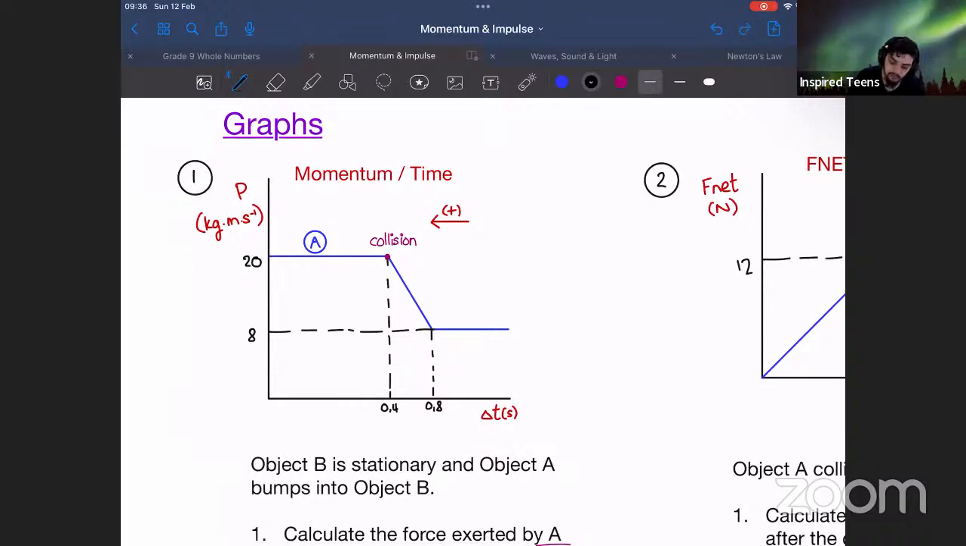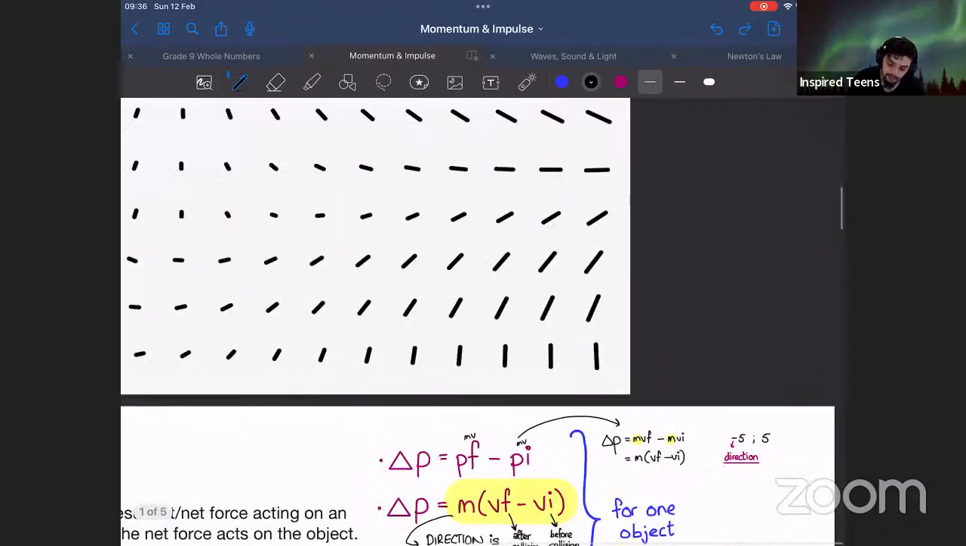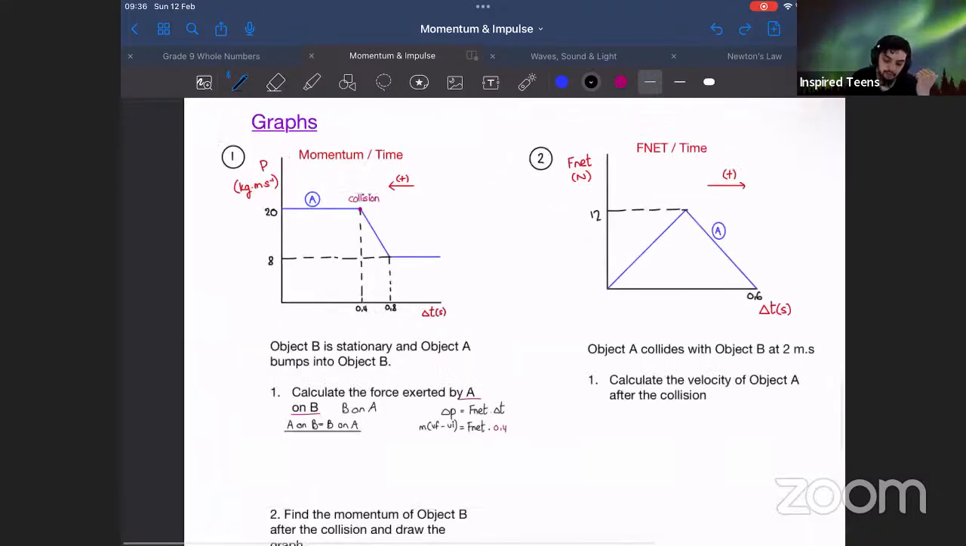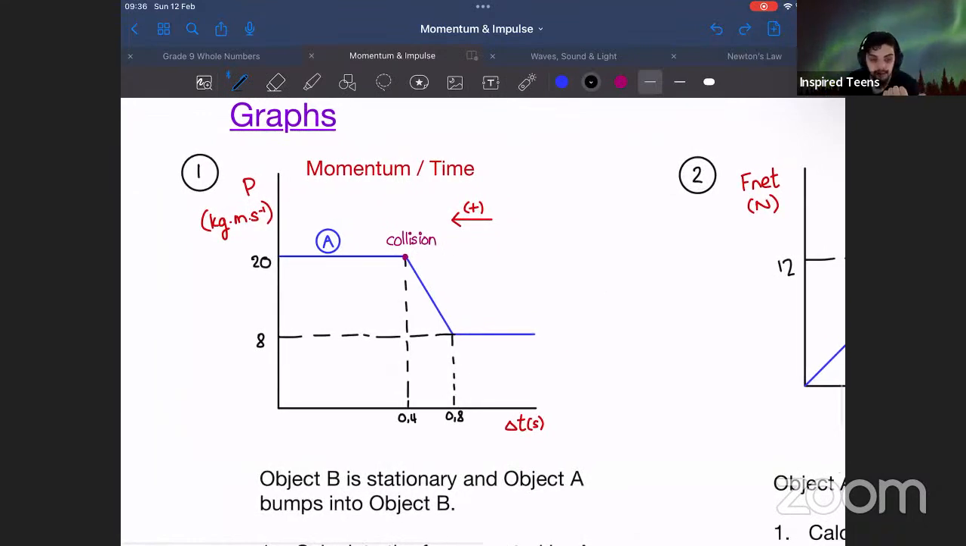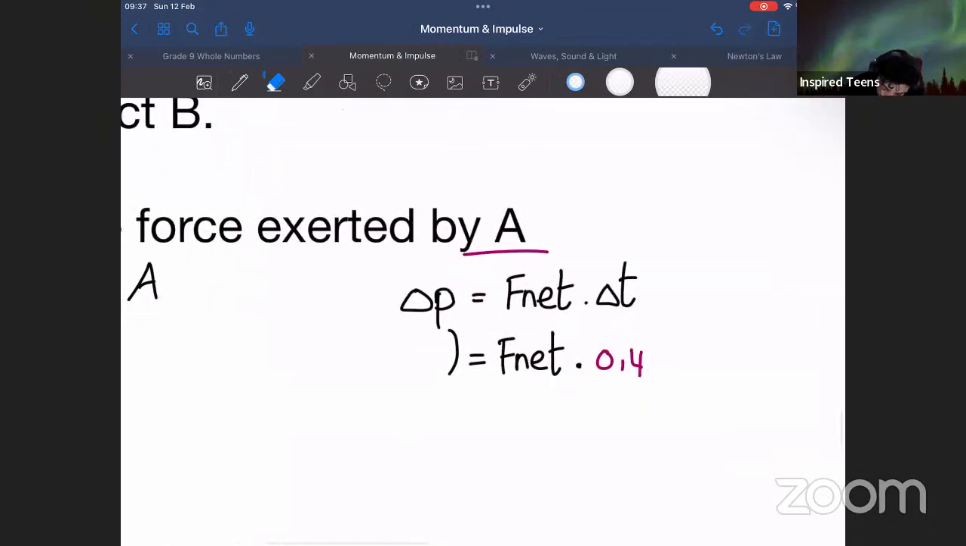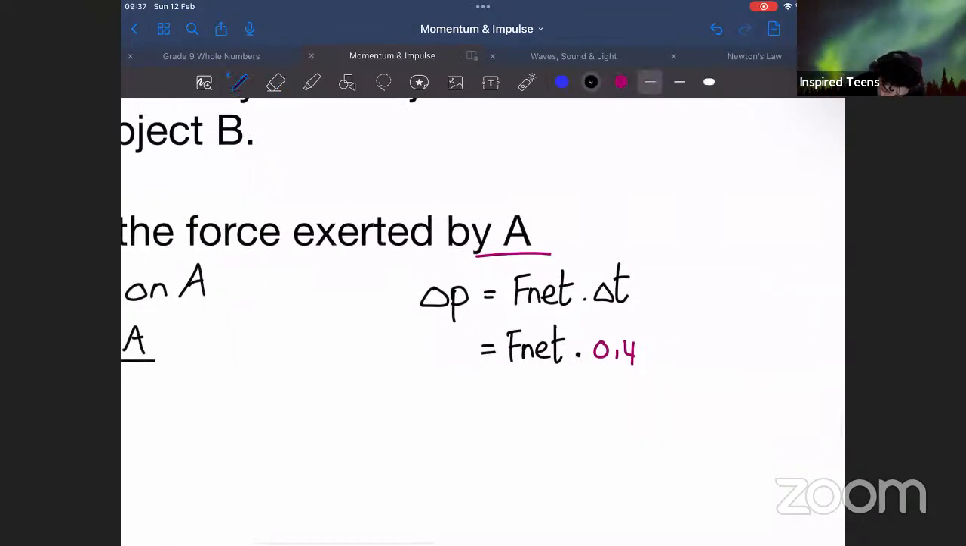We are given momentum. So again, we use this seemingly simple formula, P final minus P initial, because we do have P final and P initial. Remember, the final is after collision. The initial is before collision. So after collision is here, and before collision is there. So instead of using this formula, we are going to use P final minus P initial, because those are the values we are given. So the final momentum is actually,